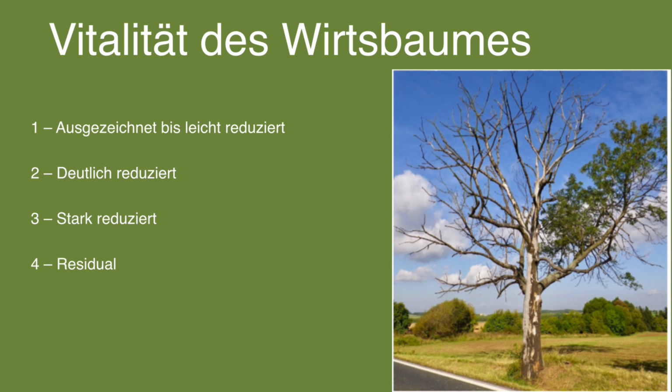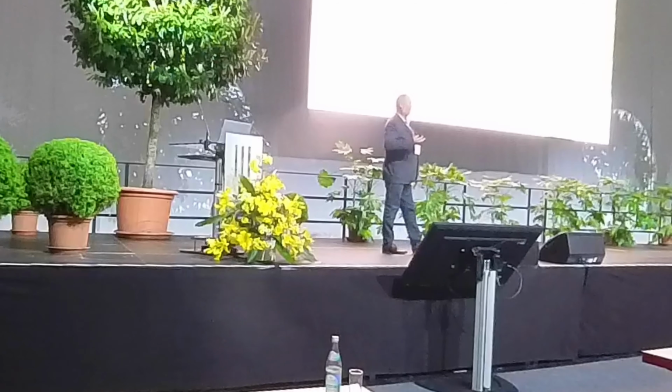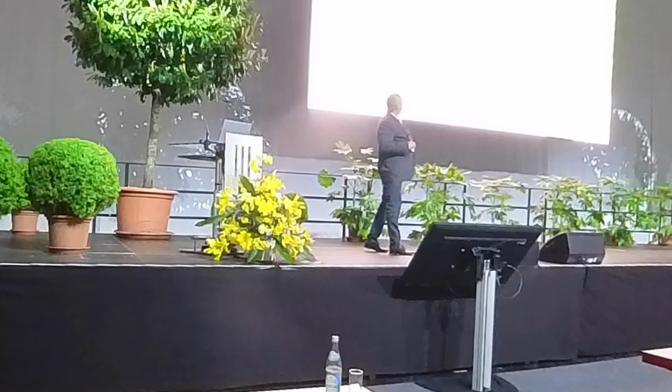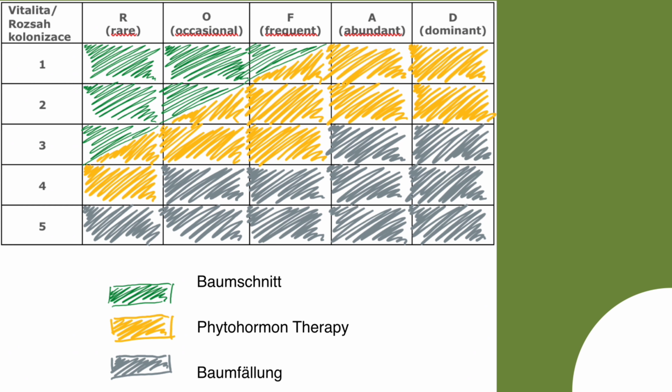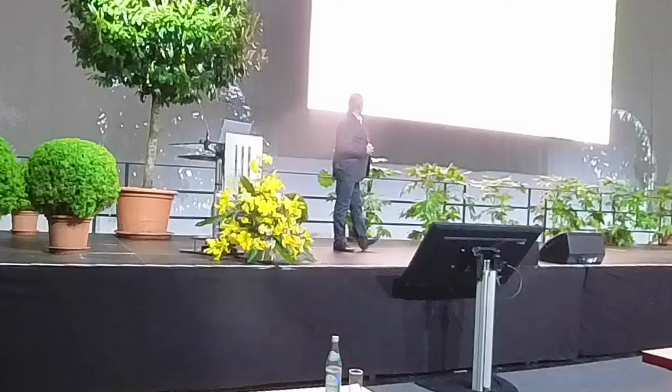And this kind of data can help you in choosing the proper method of mistletoe removal or suppression. You see that quite a big part of the table is dedicated to tree felling, but consider that the 5 means a tree which most probably would be felled anyway. So there is an area where most probably you remove the shrubs, if possible. Let's say up to 10%, it's a reasonable approach.